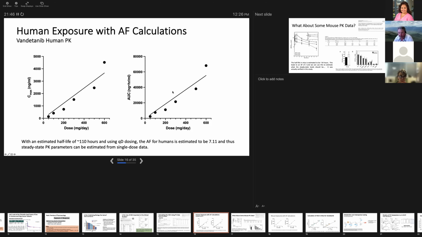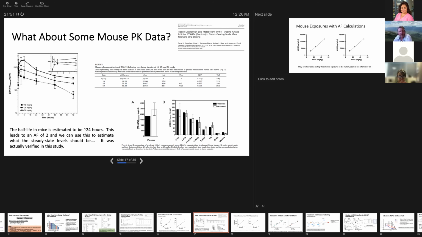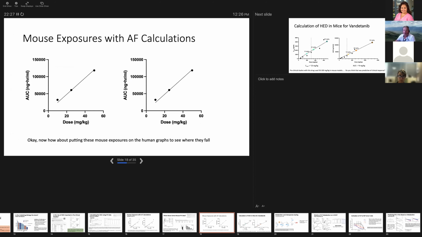So we knew how much you could get in a human, and we did some PK studies in mice, and the half-life in mice was 24 hours. And so we said, okay, that's not 120, but we can use the same accumulation factor, and a half-life of 24 hours gives you an accumulation factor actually of 2 if you're dosing daily. And we could actually estimate what the mouse should be at steady state too. And we estimated that, and then we actually measured it, and our guess and our measures came out pretty good. So the math worked. And we could do that same thing and figure out these responses, what your Cmax and what your AUC